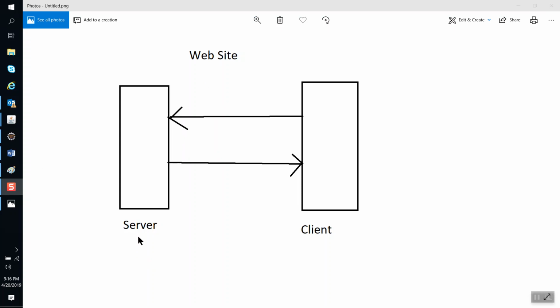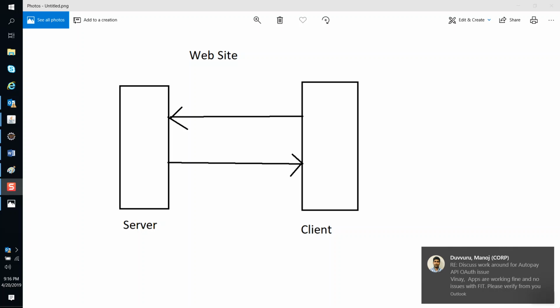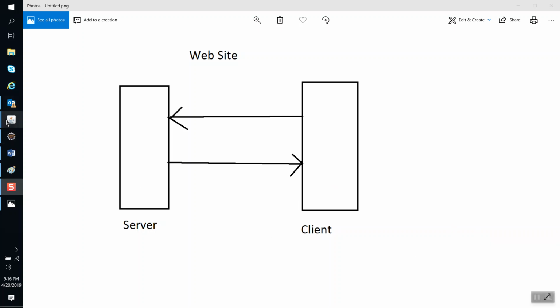The client is nothing but a UI, which may be a browser or a UI built using Angular. Whenever the client sends a request to the server, the server processes the request and sends back the response to the client. So it's a simple client and server, request and response. Here inside the server,